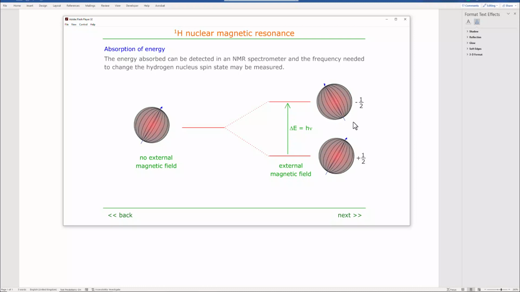It can either produce a magnetic field that's in line with the external magnetic field, or it can produce a magnetic field that's opposed to the external magnetic field. And both of these states have different energy. In order to change the state from low energy to high energy, we can put in electromagnetic radiation of a specific frequency. And by measuring the absorption of electromagnetic radiation by hydrogen atoms, we can find out the chemical environment